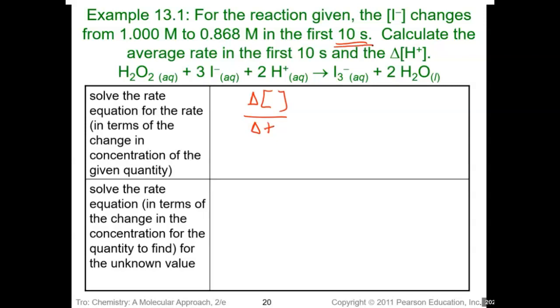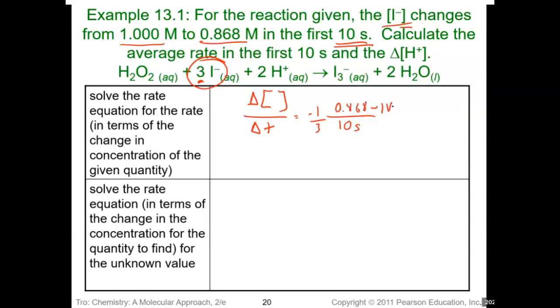Well, our time, they're telling us, is 10 seconds. So if our time is 10 seconds, now we just need to figure out the change in our concentration. Oh, right here. And this is I. I's got a 3 in front of it, and it's a reactant. So therefore, because it has a 3 in front of it, and it's a reactant, I'm going to put a -1/3 in the front of it. Because I have to correct for the coefficient and correct for the fact that it is a reactant, hence why that negative sign is there. And then I'm going to just